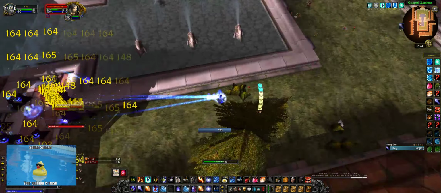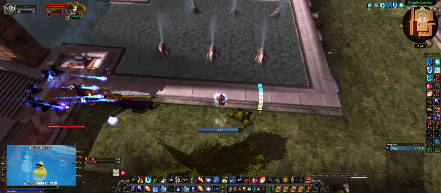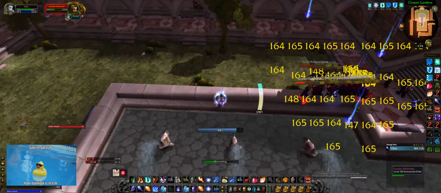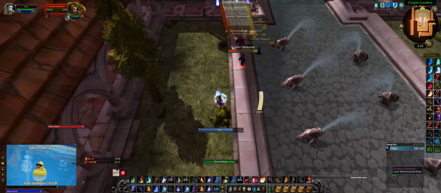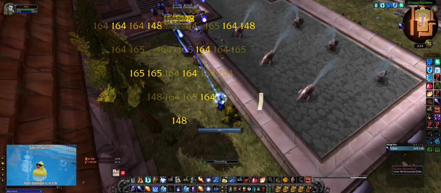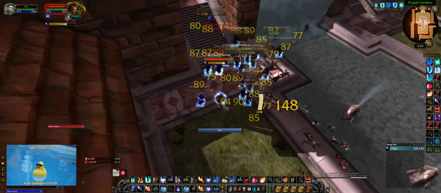Here it doesn't matter that you turn this way since there's no mobs that will stun you. It is better to not get the mobs close to you since the defenders and the monks will interrupt your blizzard. And if you get interrupted on a blizzard, you're pretty much screwed since you can't Frost Nova and you can't Cone of Cold and you can't block. So it's really bad if you get interrupted on